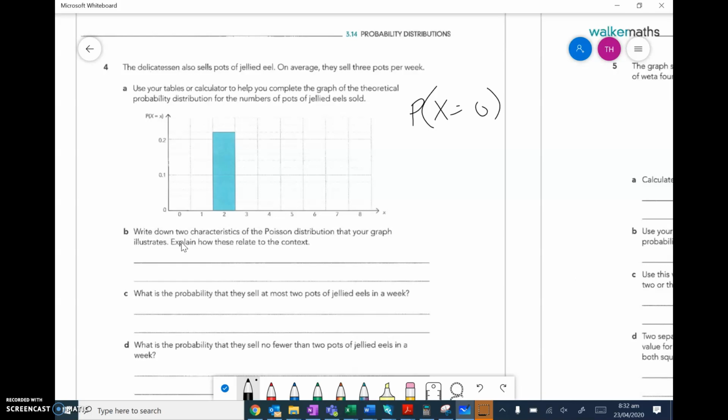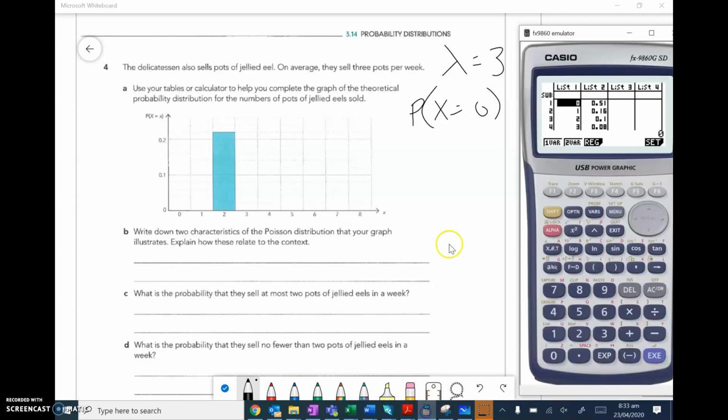Now remember we're doing Poisson distribution because it's an average over time, so my lambda they've given me is 3, so that's going to be true for everyone. And I want the probability that x is equal to 0. If I'm doing equals, I need PPD. This is equal to, this is less than or equal to. So my x is 0, my mean, my lambda, oops, not 1, it's 3. And I get